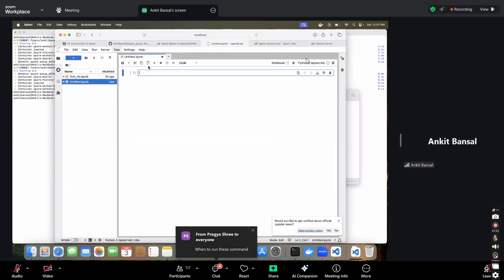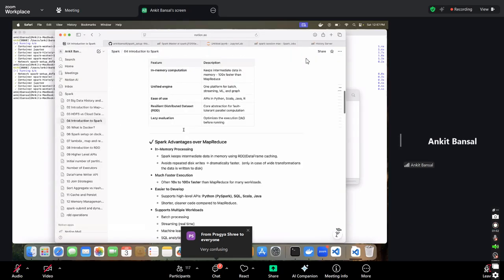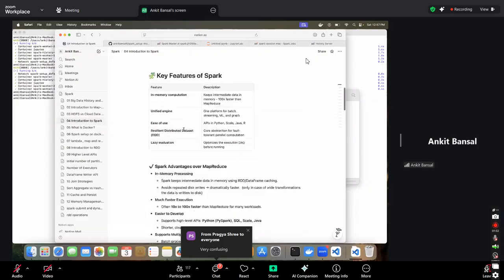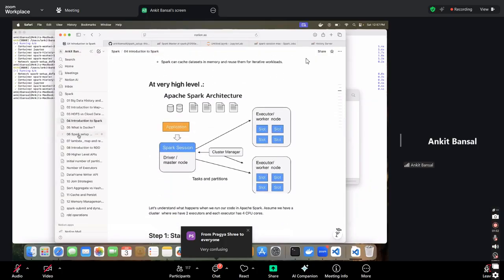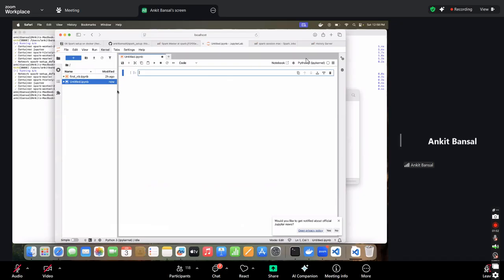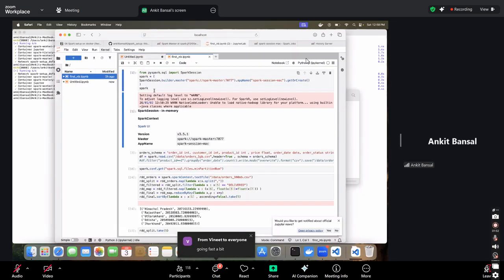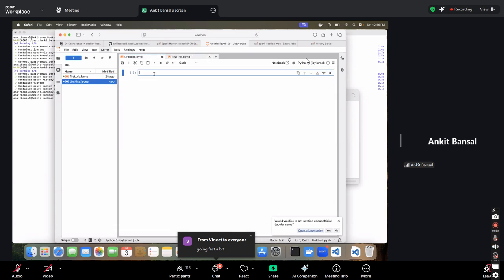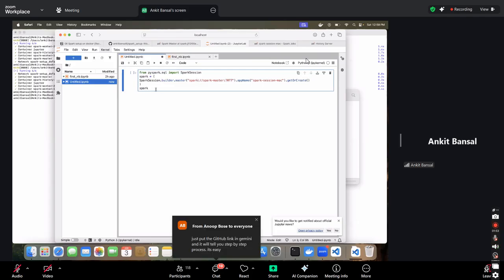So for example, we said that we need a Spark session, right? So let me create a Spark session quickly. I'm saying from pyspark.sql import SparkSession, and I'm saying this is my master, right? On port 7077, right? This is where my resource manager is basically, right? And this is my app name, getOrCreate. And then if I run this,